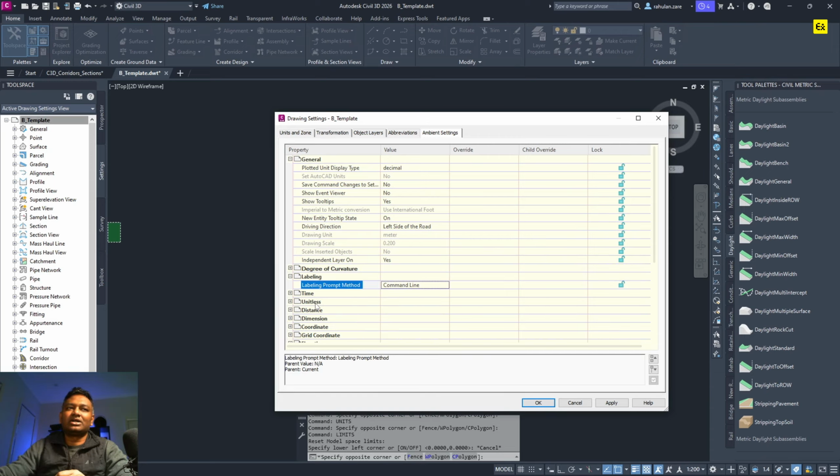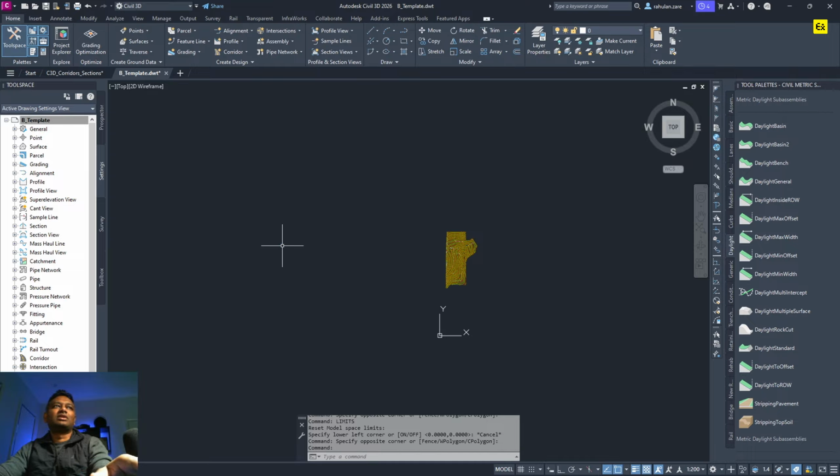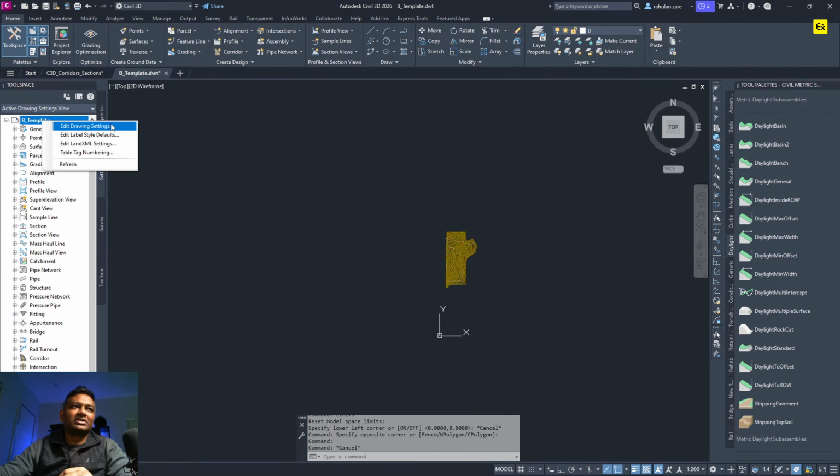And the same way, the time, unitless, distance, all of these things, you can actually set what the default values are for anytime you get this information. This is where it gets the default information. Okay, so now this is basically you set some of the defaults for your drawing objects. Next is